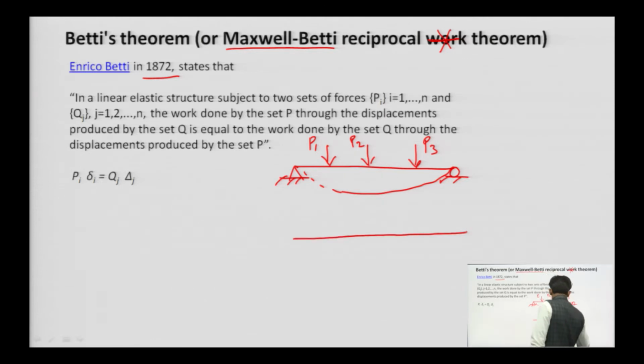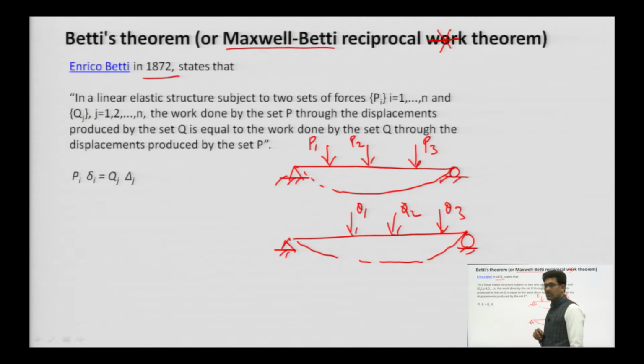And if in the same structure we have another load system, say Q1, Q2, Q3, and this is the displacement shape. According to Betti's theorem, he proposed that the displacement measured at the point